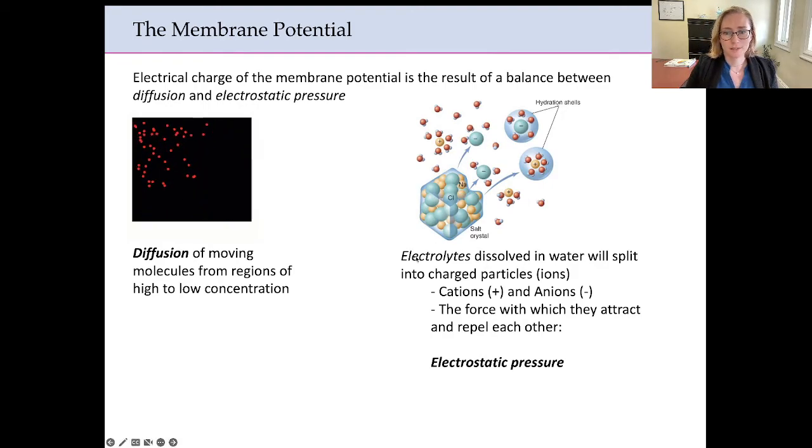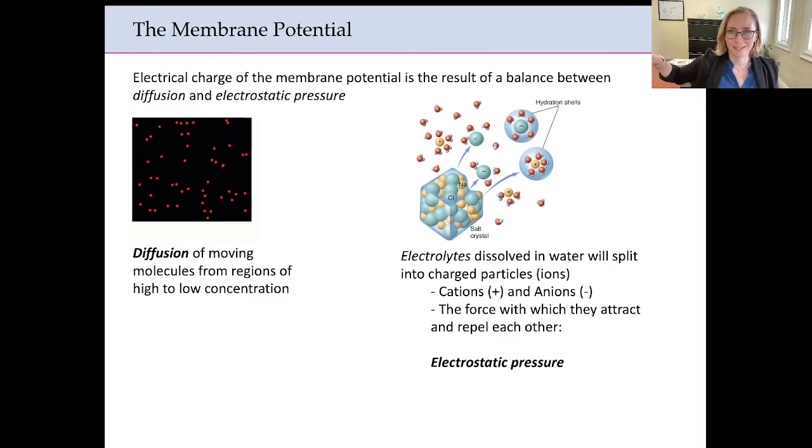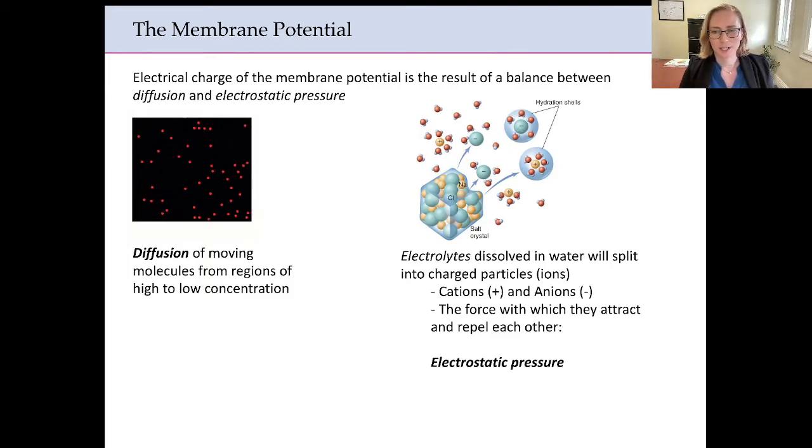Electrolytes, this is what you drink in your Gatorade or your Powerade. You basically need more salt in your system because you were sweating and getting rid of salts. Electrolytes dissolved in water will split into charged particles: cations if positively charged like sodium, and anions that are negatively charged. The force with which they either attract or repel each other, because they're positively or negatively charged, just like magnets, is what creates electrostatic pressure. And so both of these forces together,